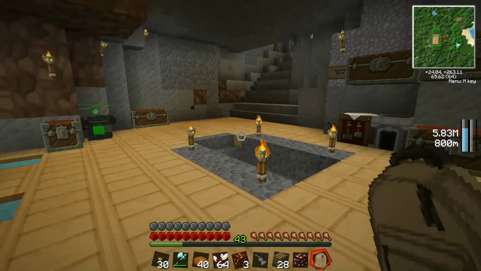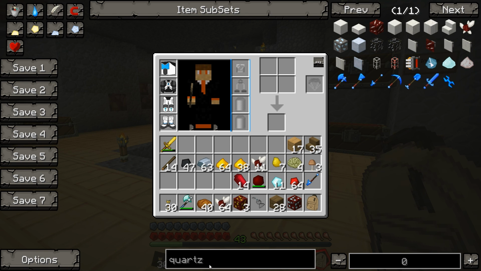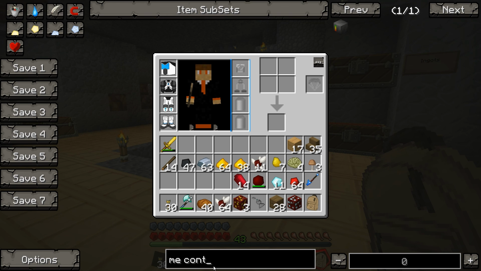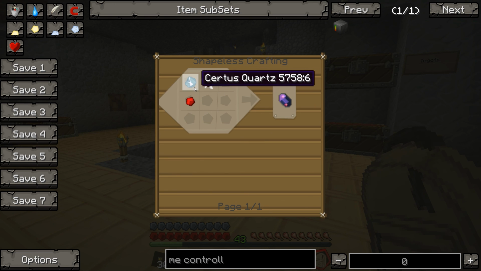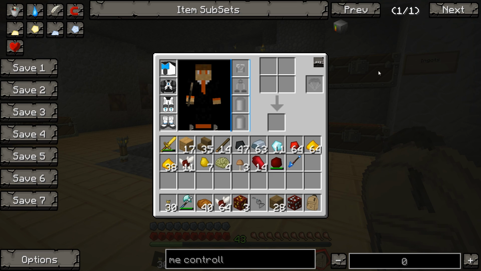Alright, anyway, the reason the quartz cutting knife is so important is one of the things required to get the ME network started. One of the first things we need really is an ME controller. We see there's the controller. To make one of those, we're going to need some Fluix crystal, which we're going to need more quartz, Nether Certus quartz, and a redstone, so that is no problem, especially as that quarry is cutting in, to create some Fluix crystals, and